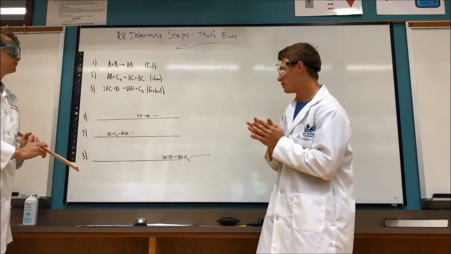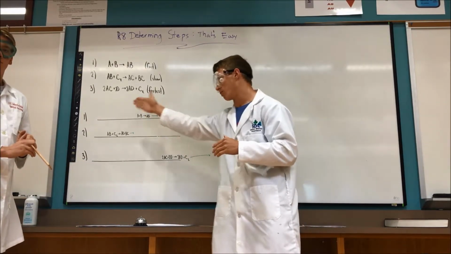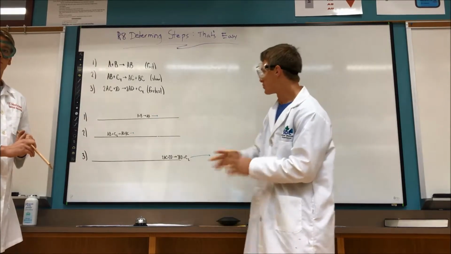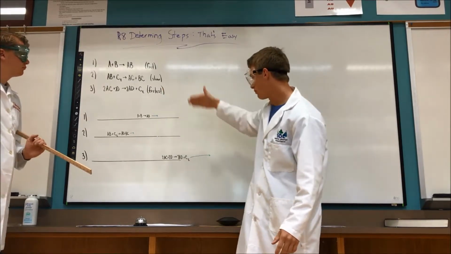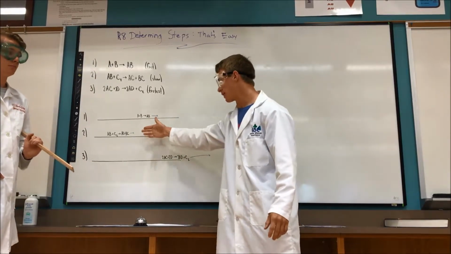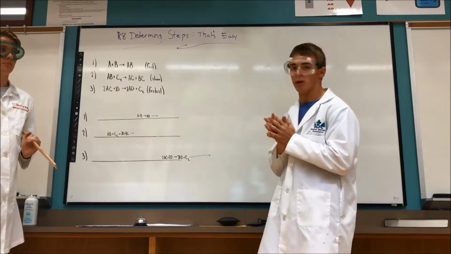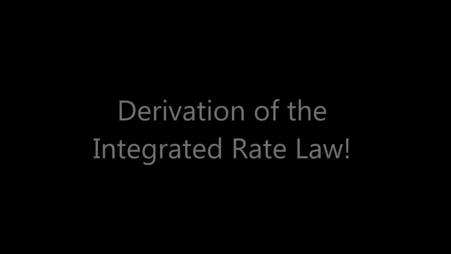So a good visualization for this is as if these reactions are in a race against each other, going from the start to the finish line. You can see the fast step is about halfway there, the fastest step has already completed, but for the reaction to be completed, the second step has to make it all the way to the end. So that, in a nutshell, is the rate determining step right here.